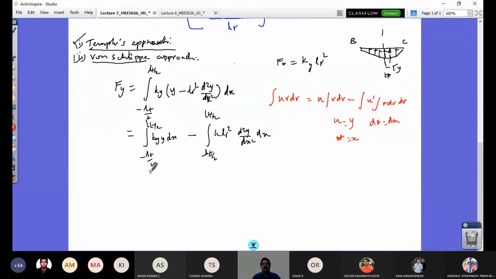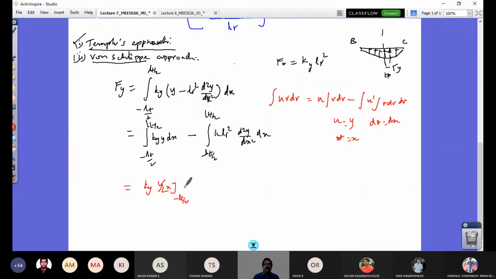If I replace that here and work out the first one, you are going to have this. In the next step, you have this ky taken out, so it is simply the integral of y dx. So it's going to be yx